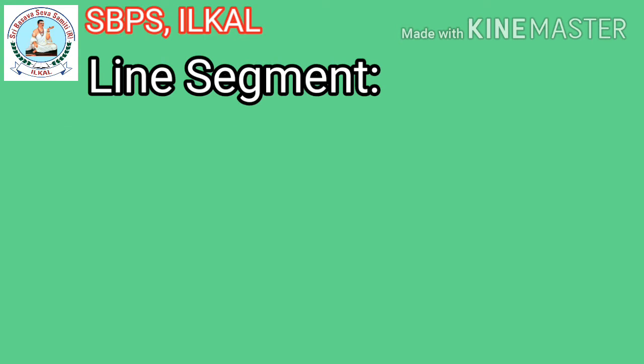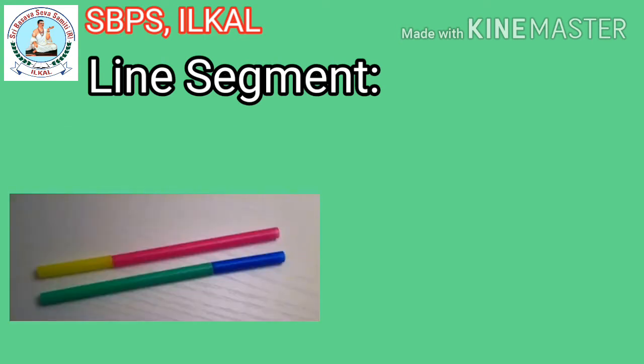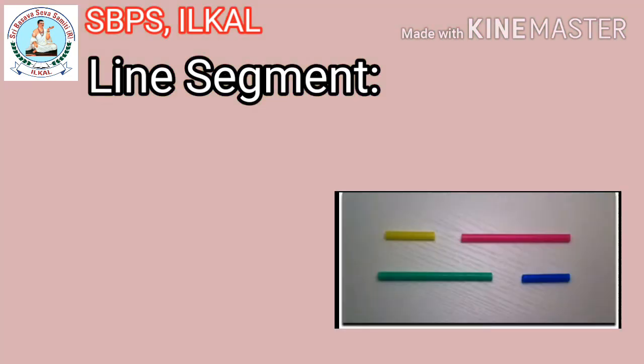Okay. Now let us consider real life examples, children. You saw colorful pencils. Here 2 colorful pencils I had given. In one pencil 2 colors are there, yellow and red. Another pencil green and blue color. If you divide it, children, you will find the line segments. Without dividing also you are able to identify the colors, means those you can consider it as line segments. If I divide it into parts, 4 parts it has become. All these 4 we can consider it as line segments.